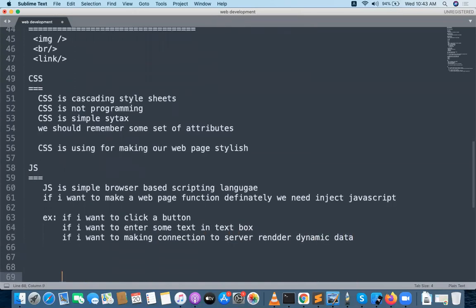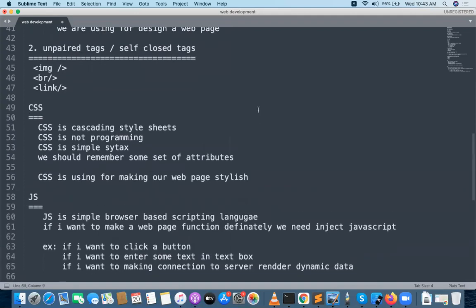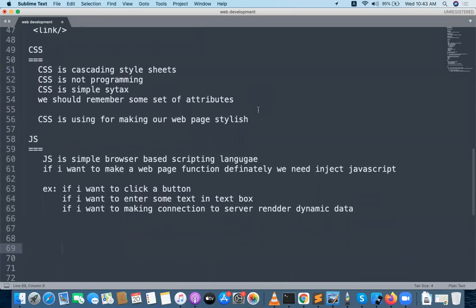Whatever the functional part of the HTML we are doing is with JavaScript, and that JavaScript is very important. This is a core, major building block of the web page. HTML and CSS are very fundamental. When we know HTML and CSS, definitely we will move to JavaScript. When we use JavaScript for the web page, your complete page is converted into a dynamic web page. The dynamism here is that you connect to the servers and get the real data, and you do a lot of events on top of the web page, and a lot of things we can do with JavaScript.